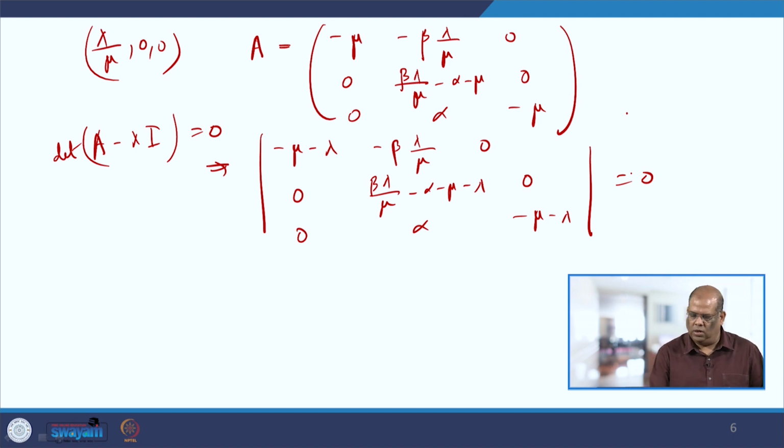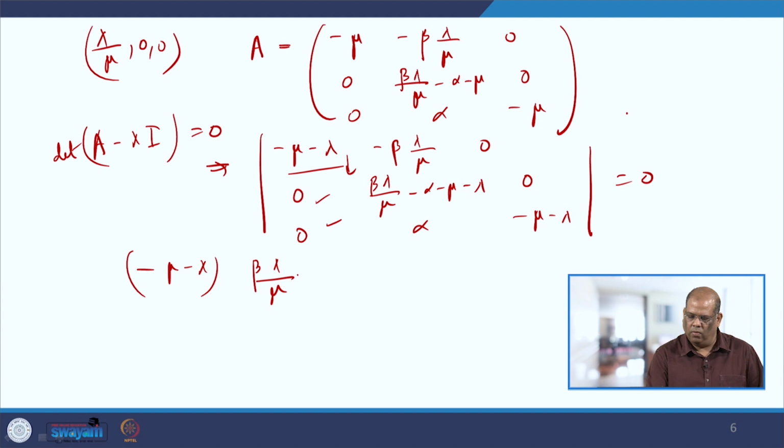If we just solve this, it is easy because these two are zeros. So, just expand along the first column and you will get minus mu minus lambda, beta lambda by mu minus alpha minus mu